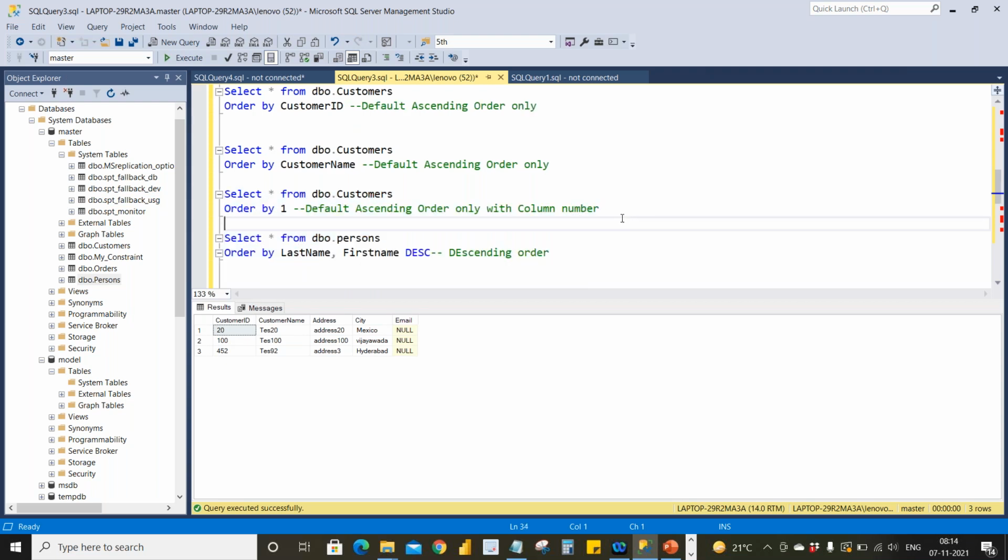In the same way, we can also do it with other columns. We'll take the city column. City being 1, 2, 3, 4, the fourth column, and I want to sort it in descending order.